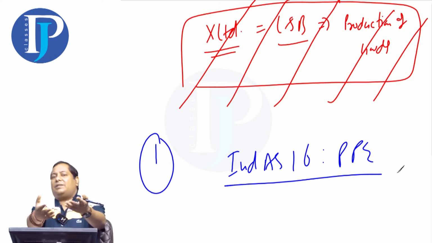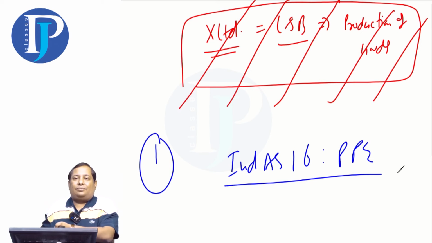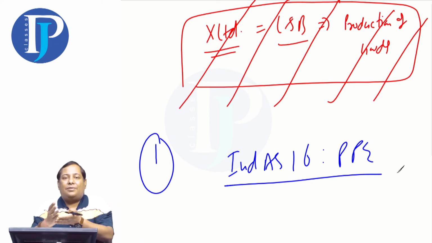Let's say I am giving you classes and I am giving you these classes sitting in my studio. So I am using this property in the services. I am not getting any rent from this. I am just using this property for my services. So I am using it in the normal course of services and normal course of business. So this is not my investment property.